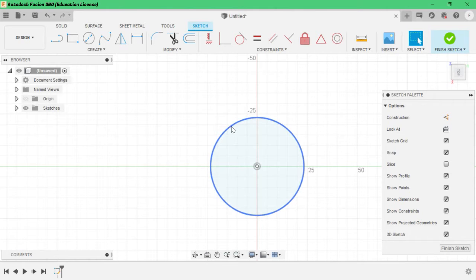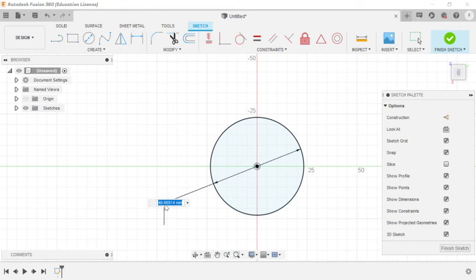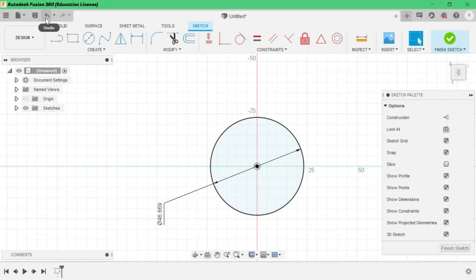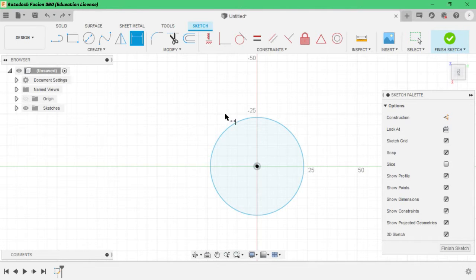See, while I created this circle, I haven't given any dimensions to it. But by clicking this, you can give any dimension, or by pressing the D key on the keyboard. See, now I click D, and the dimension appeared.